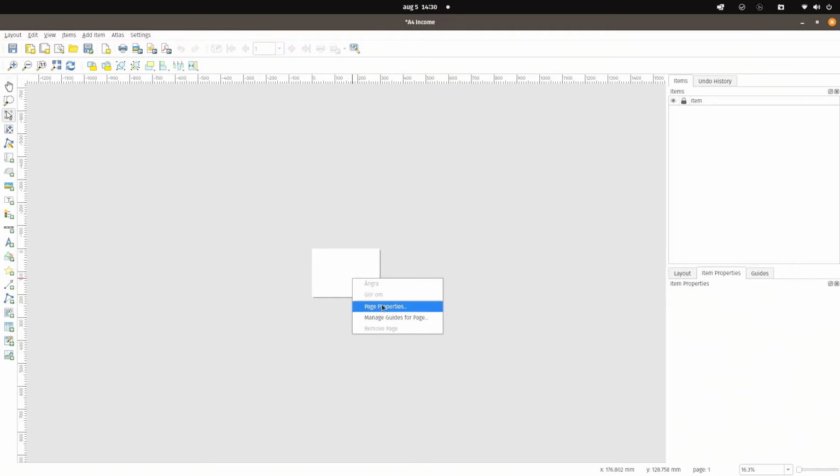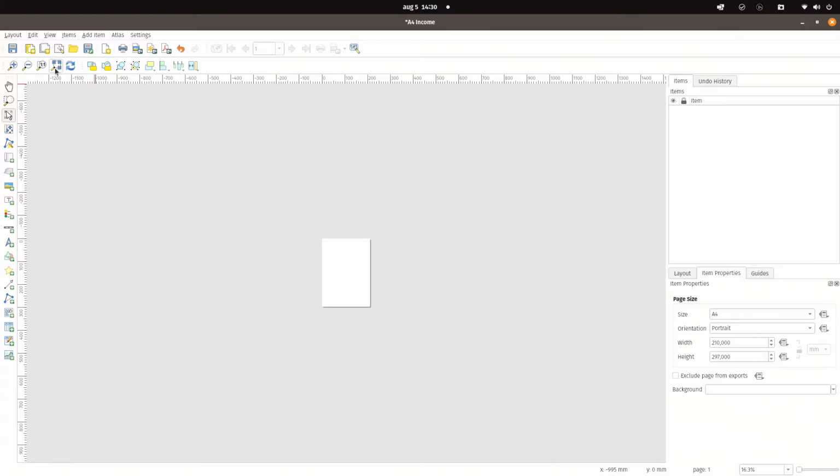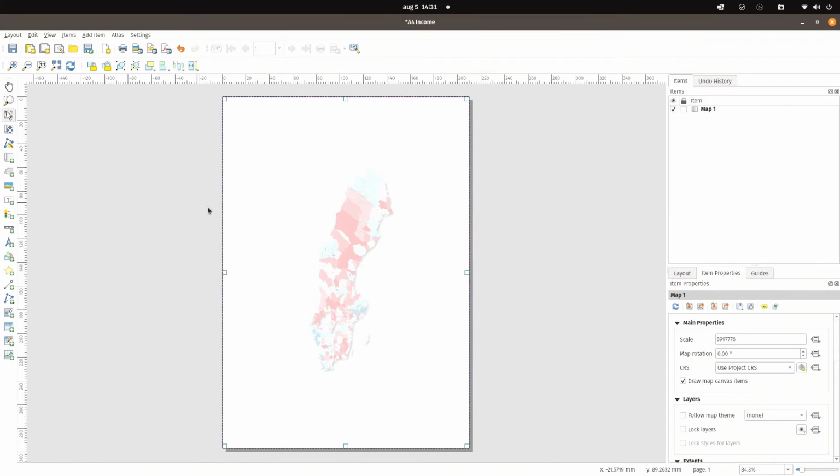So right click, page properties, portrait, like so. Okay, to start with, I will just add a map, and I'll just add it over the entire page. Doesn't really matter. Switch to content mode with the letter C on the keyboard, or